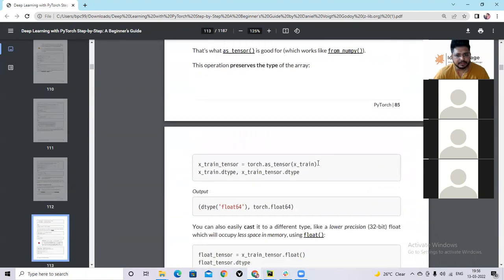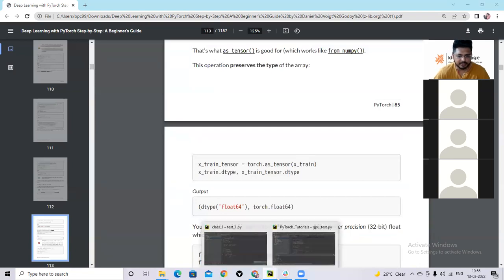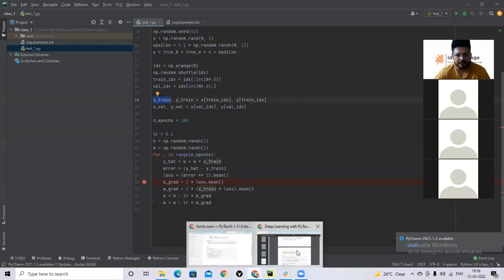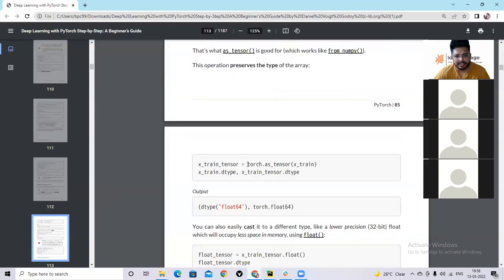We already had x_train with us. In the previous class we saw that x_train was nothing but a NumPy array. If you apply torch.as_tensor on top of it, then this NumPy array gets converted into a PyTorch tensor.